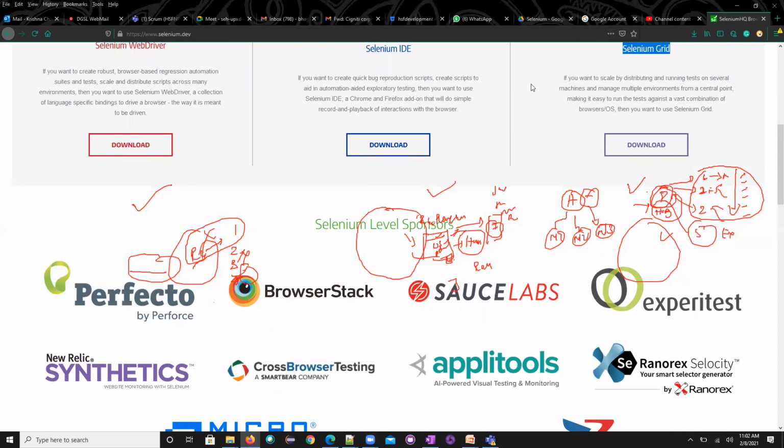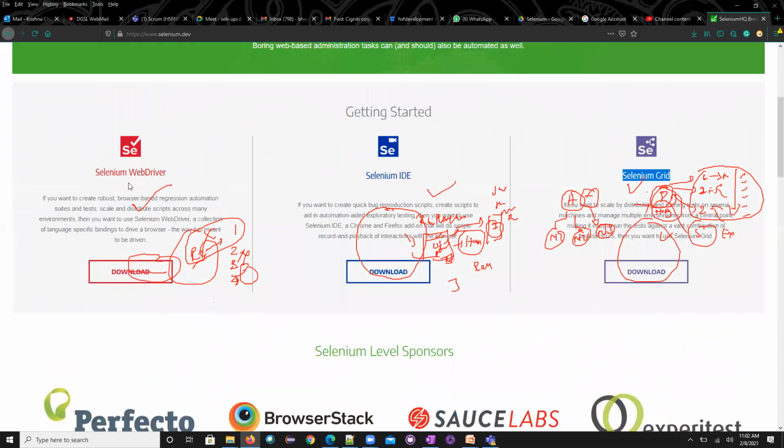So what is RC? RC is remote control. That means before the WebDriver interface, there was the implementation from the remote controller. That's a very big story, but I'll not get into that one because it is completely deprecated and we are not using it. That was in Selenium 1. In Selenium 1, instead of WebDriver, we used to have the RC.